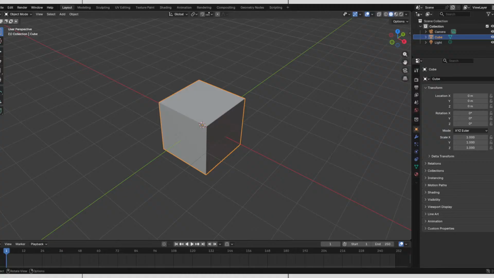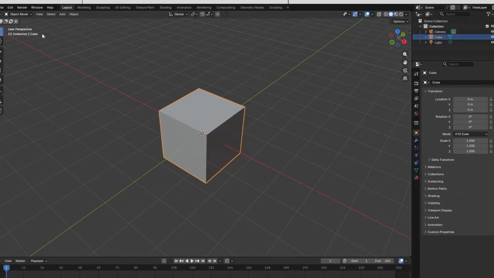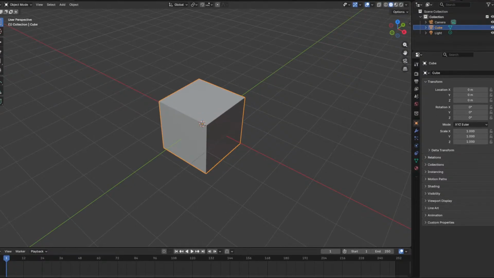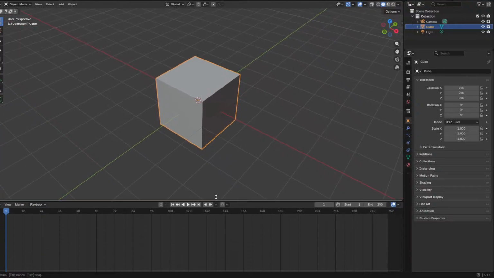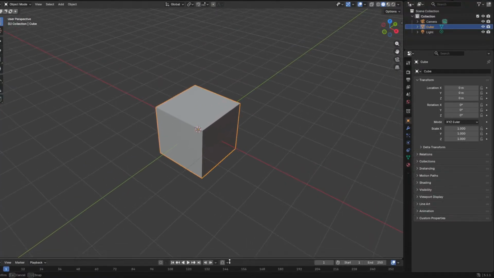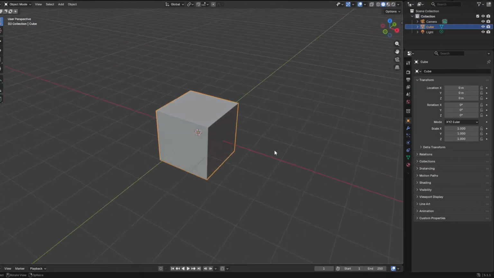That's probably not what I want. What's that? How does this look? Okay, that's looking pretty good.